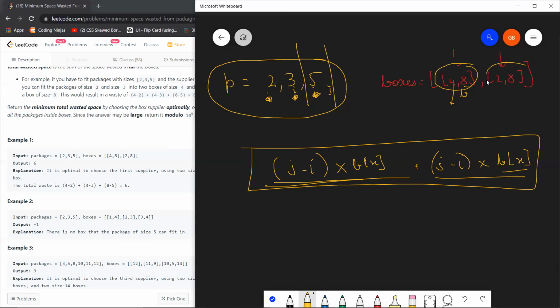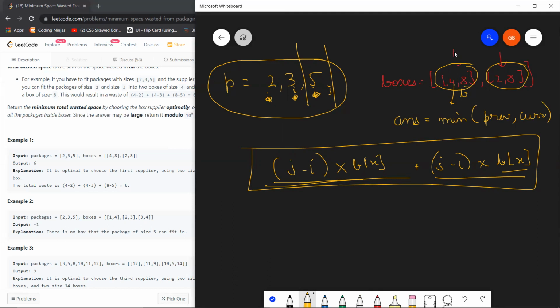Then you'll go on to this supplier, you'll find out the space wasted by him, and you can have as many suppliers as you have, and then your final answer would be storing the minimum of the space wasted by the previous supplier, comma, the current supplier, right? And the catch is you actually don't need to find the total wasted space, because we were covering these boxes.